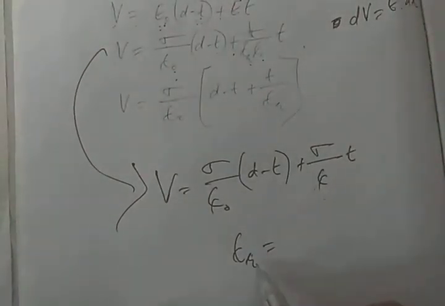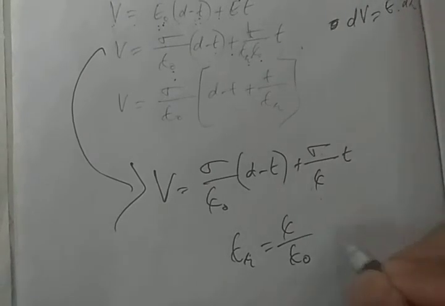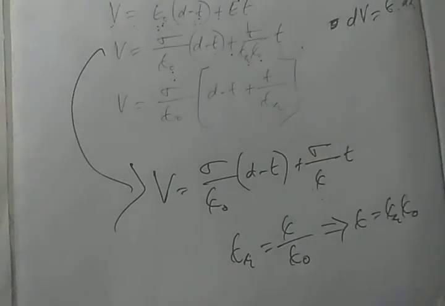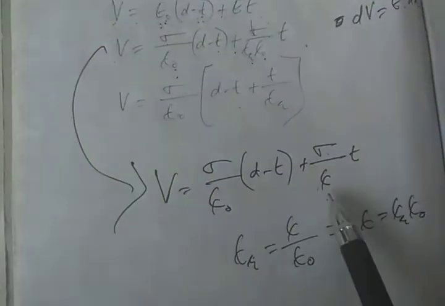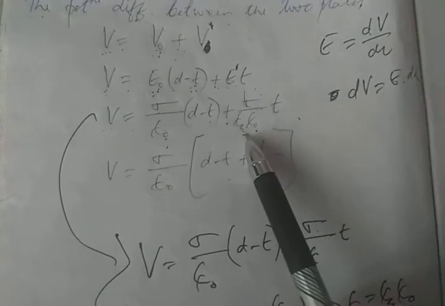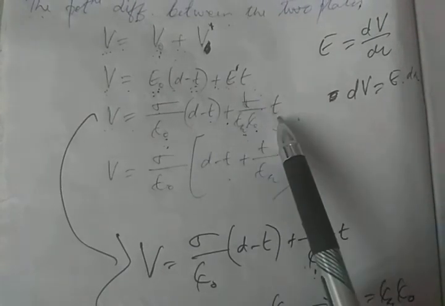Now instead of epsilon, since epsilon r, the dielectric constant, or also called relative permittivity, is epsilon by epsilon naught, this implies epsilon is epsilon r into epsilon naught. So instead of this epsilon, I've written sigma by epsilon r into epsilon naught into T,